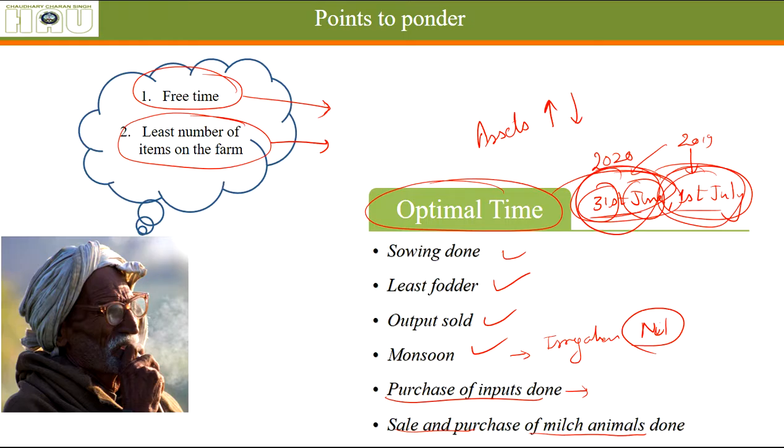Generally, sale and purchase happens in March, April. Okay, not in March, April, you can say May and the start of June, because at that point of time, people have cash income out of the sale of their products. So this time of the year is optimum for our conditions, but it can be different for different regions.